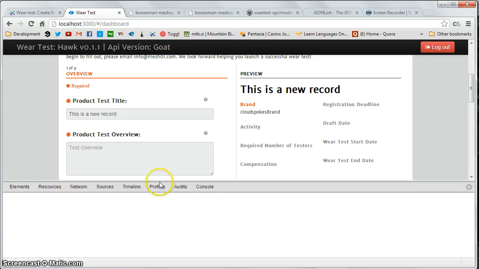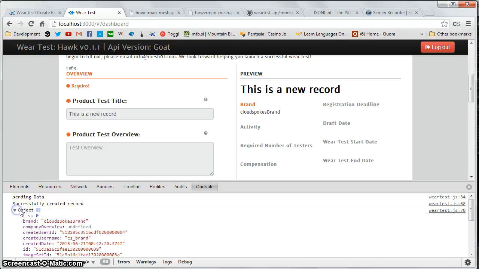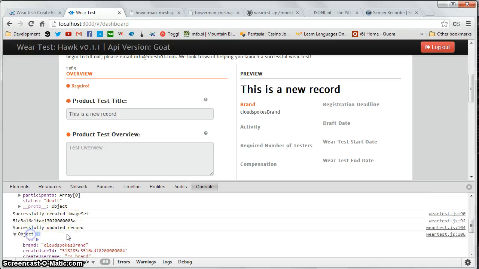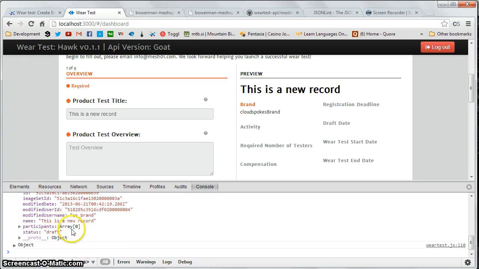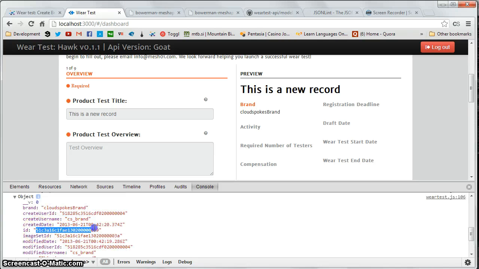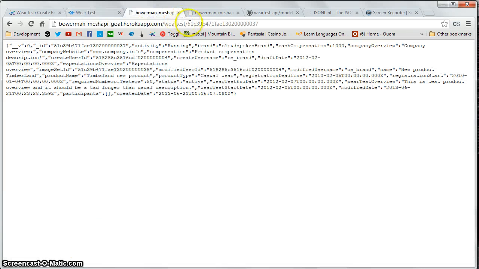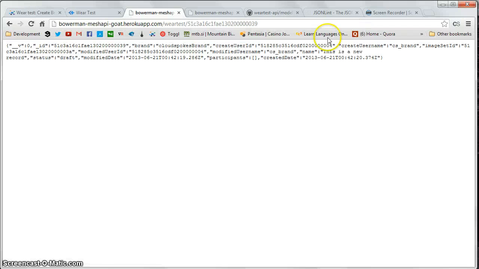I'm just going to open up a console here so that I can see the ID of the newly created record. Oh, sorry, that's not it. This is it. If you check this, we can see that this should be our created record. Hopefully, yeah, this is the new record. We also got an image set ID, which is here. And if we check this image set ID,